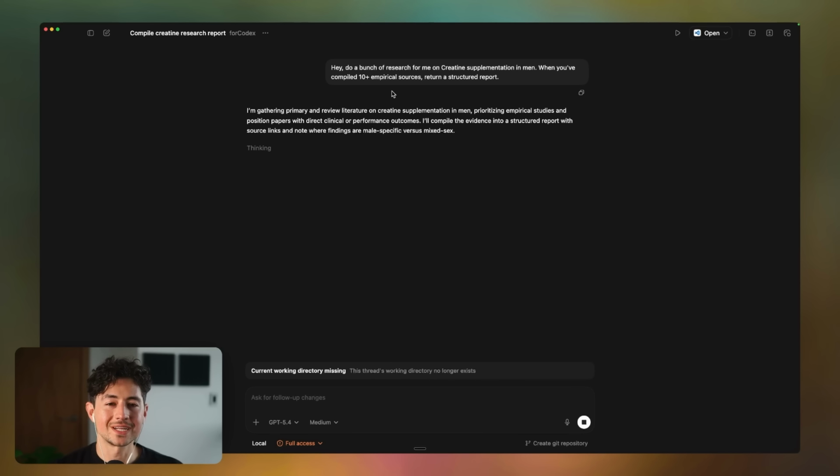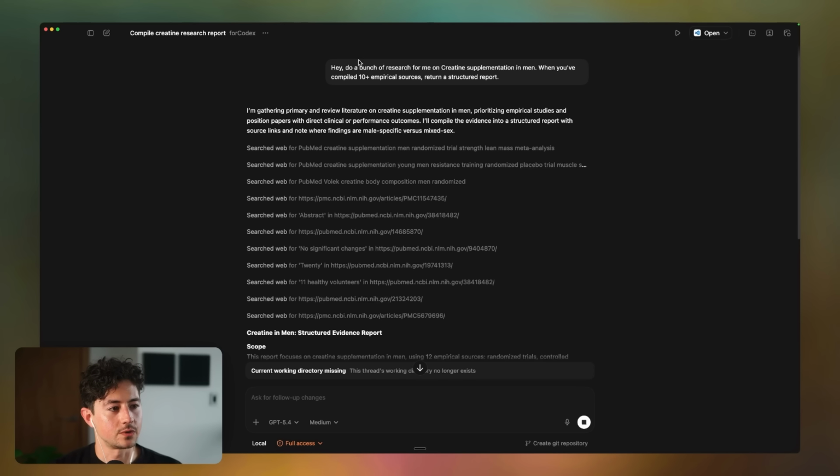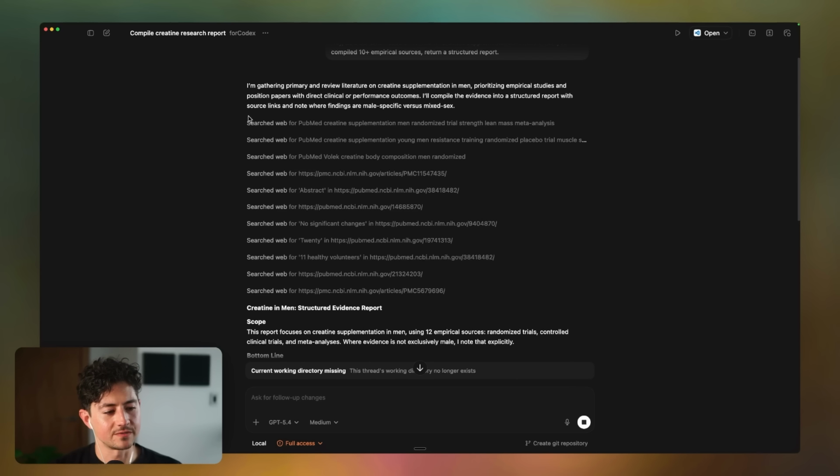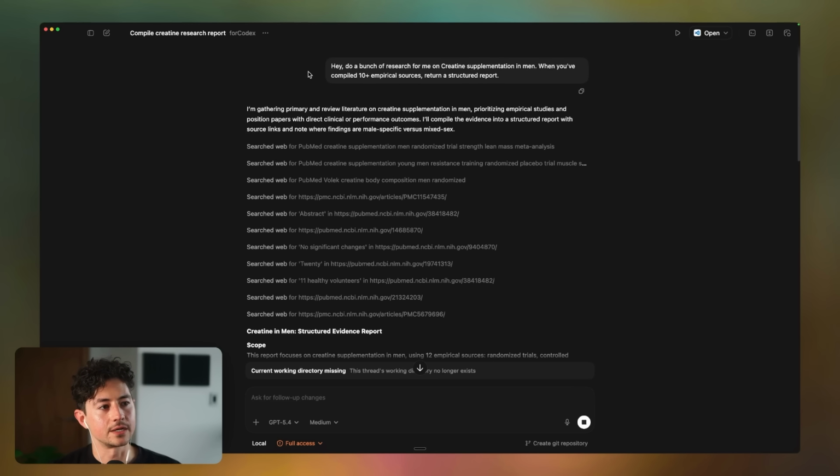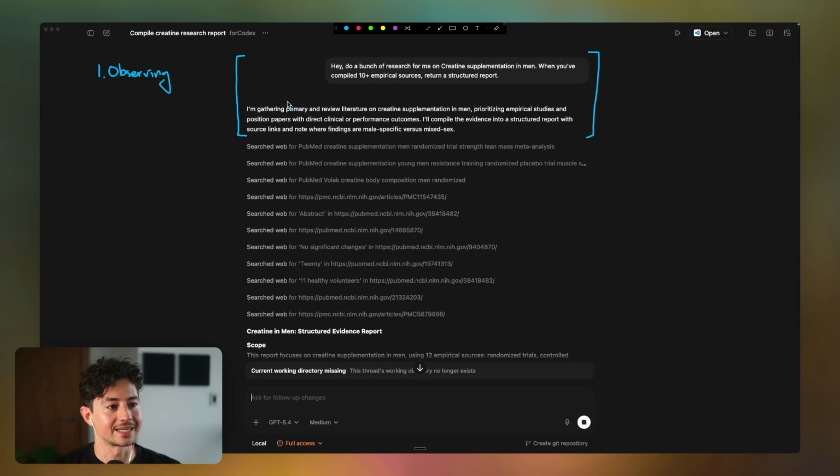And so there are a bunch of other things that are popping up here. We have the actual chat window up at the top and we have its response, but you'll notice that in between we have this sort of grayed out section here. Okay, and this grayed out section is the thinking that the model is doing before it gets back to us. And so basically, if this was ChatGPT back from 2022 or so, all we would have gotten is this. But because I'm telling it to take actions in the real world, it's capable of one, observing. And so it observes all of this text and all of its reply as context. Two, thinking. So it's capable of doing a bunch of thinking on what to do next. And then three, acting. And so then it's capable of saying, the user probably wants me to do some research.